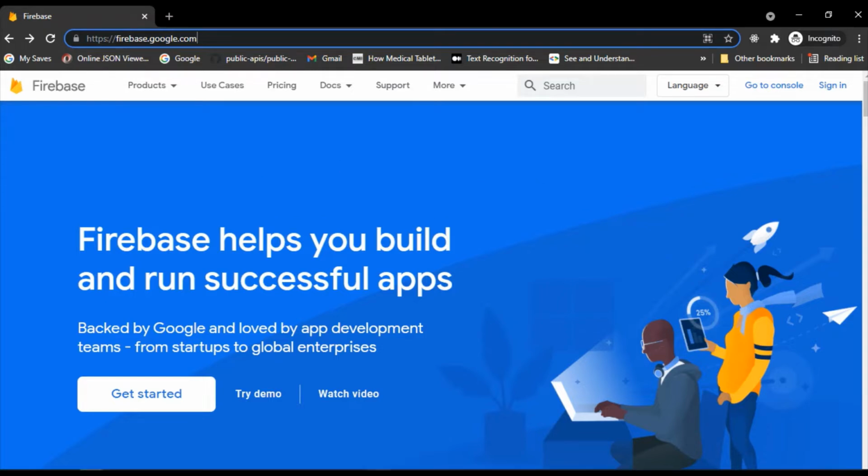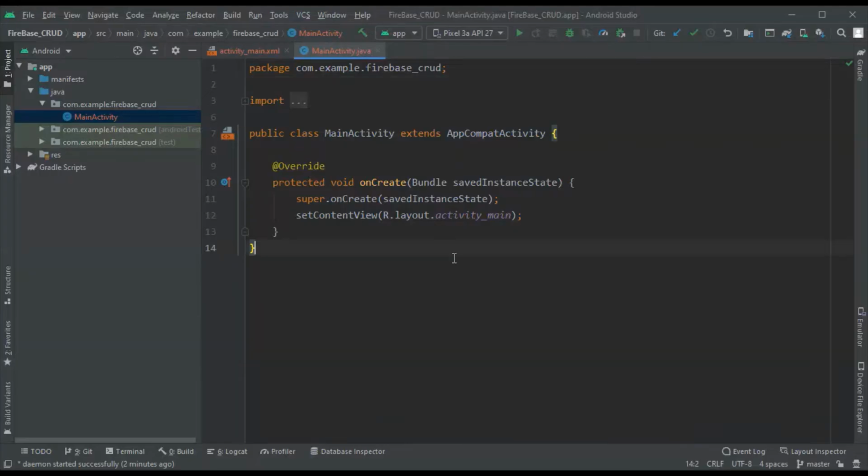After creating the account, one more thing you need to do is sign in using the same account in Android Studio also. Like in Android Studio, you are getting an account sign-in option here. So you have to use the same Gmail account for logging into Android Studio as well. So after those two steps, first we'll